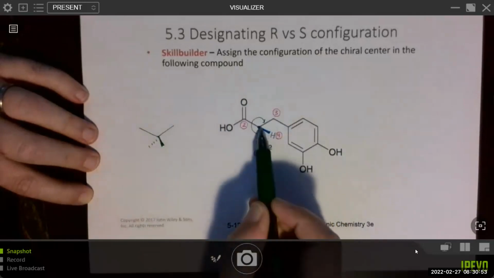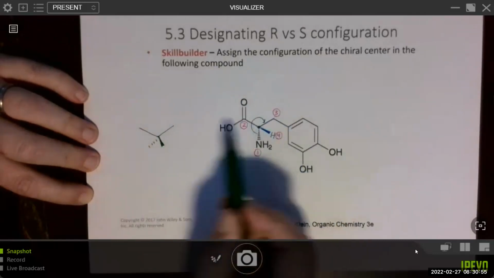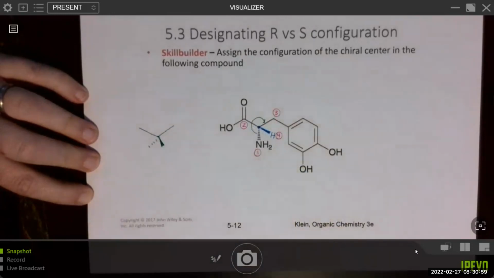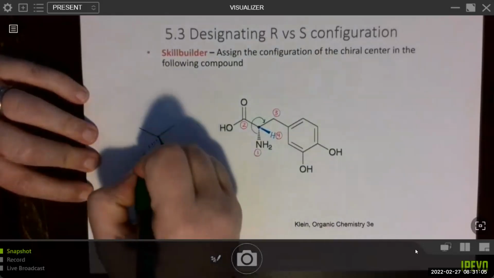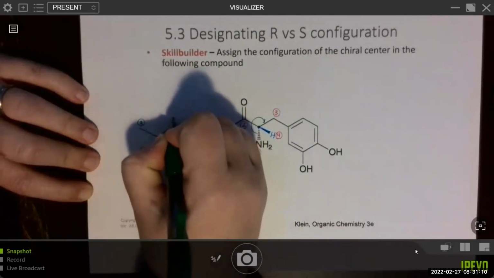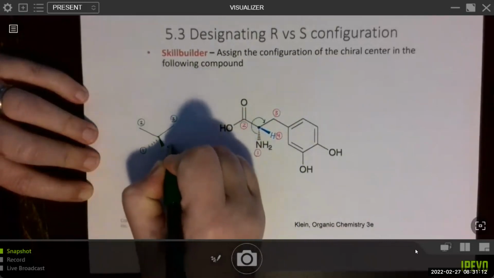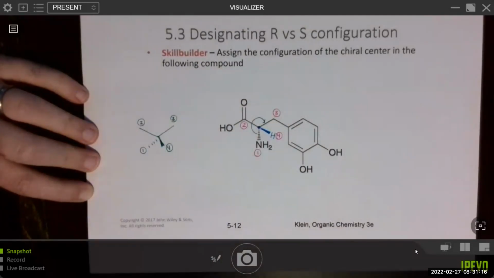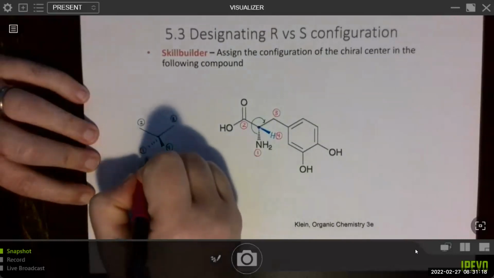And keep it looking as closely as you can with the 2 groups here in the plane, the one that's coming out at you and the one that's going back, like so. Right? And then you can just simplify this to 1, 2, 3, and 4. So this could be simplified as 1, 2, 3, 4. So again, our first priority group is pointed out at us. So maybe you want to switch those 2 groups.